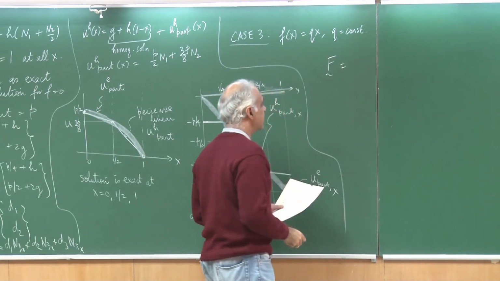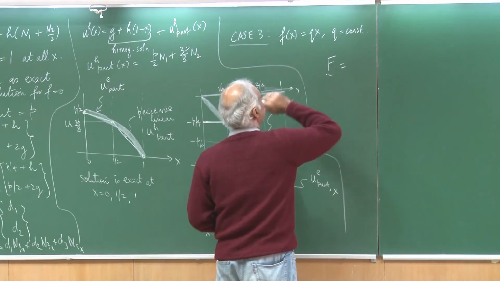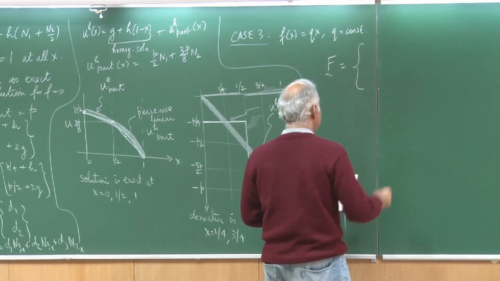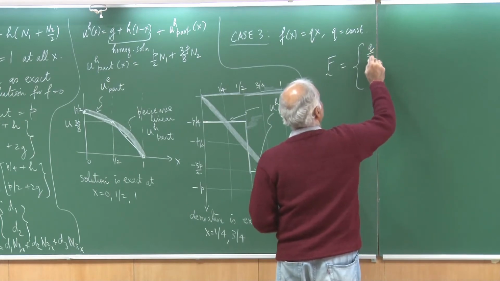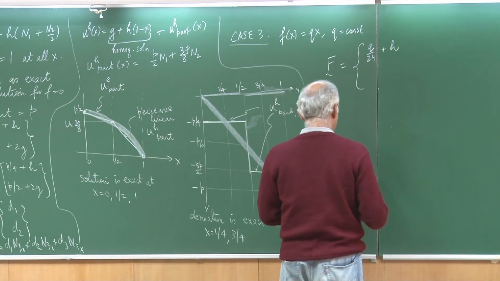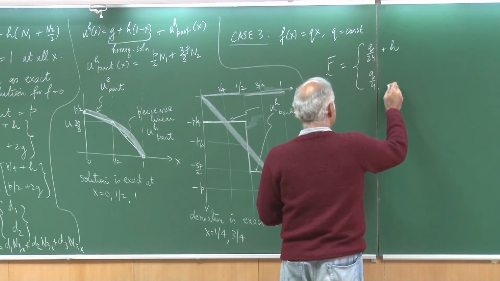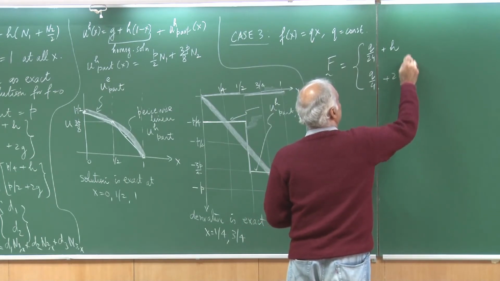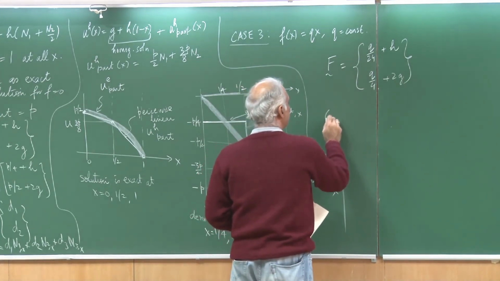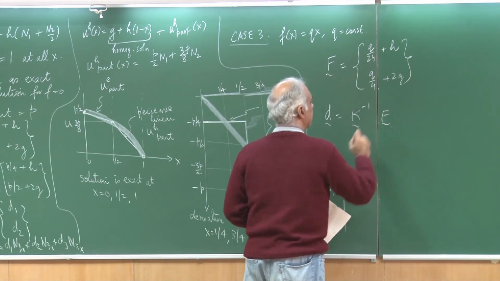With q being constant and f being a linear function, you can evaluate f1 to be q by 24 plus h, and f2 is q by 4 plus 2g. And one can again calculate what is d, which is K inverse f,